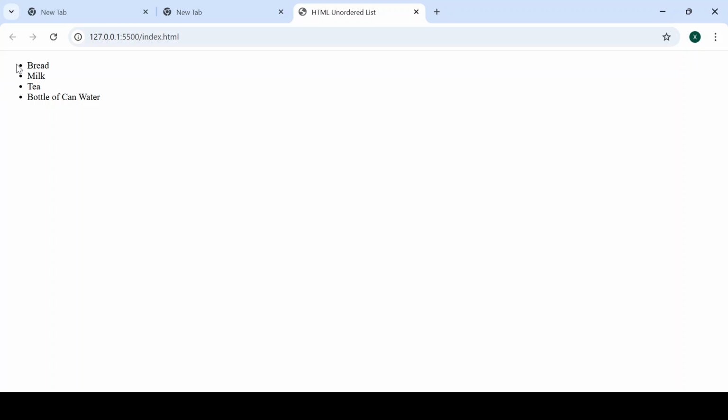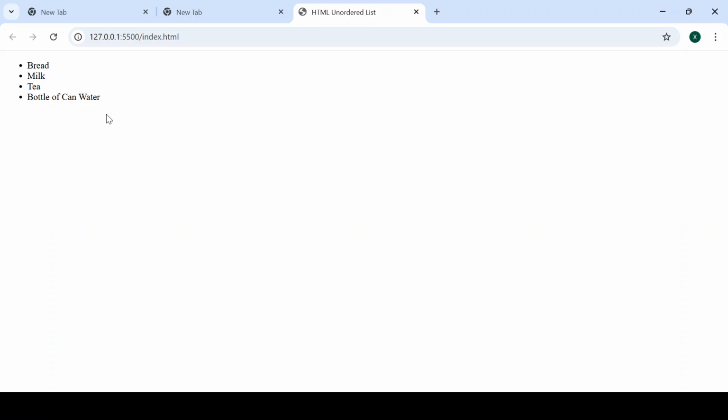It has a circle button beside it, or rather behind it at the back of it. So it presents the list you actually made in a very systematic way,